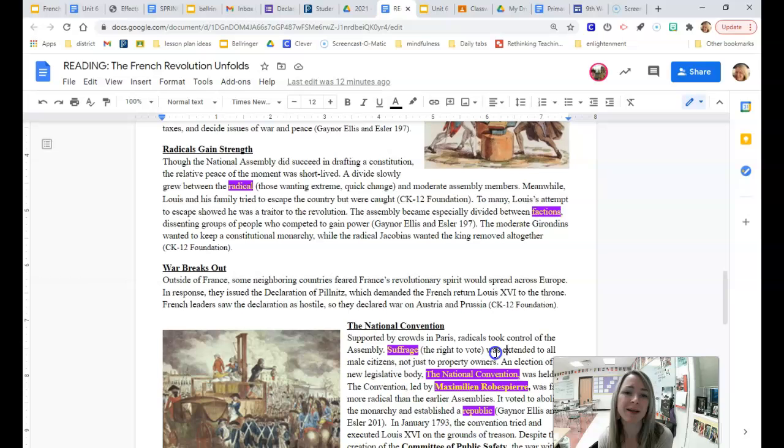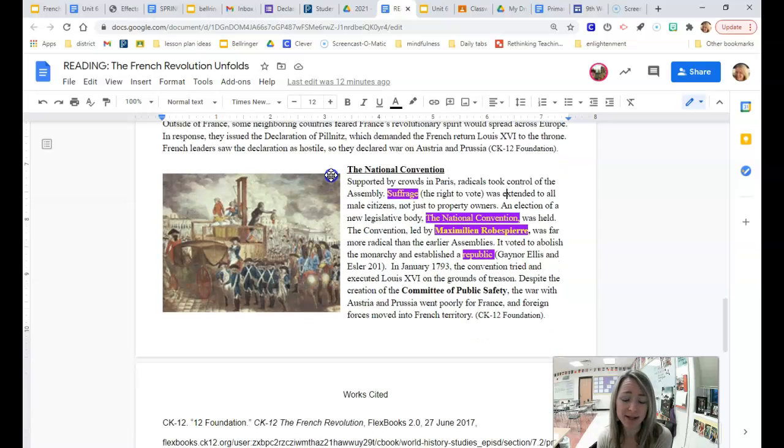This is super important because it gets us into the Reign of Terror, which of course sounds terrifying, and it was, right? So how did we get to a point where the revolution actually turns south and things start going really badly? Not just for, of course, the king, but also for some of the people in the Third Estate that really wanted a revolution in the first place. Things do not go exactly how they had intended.